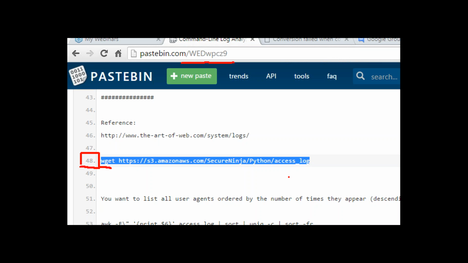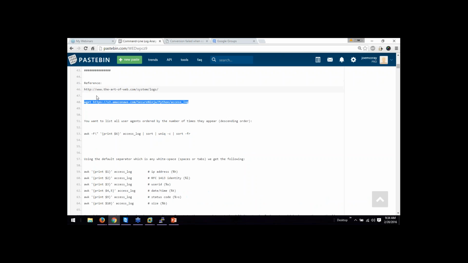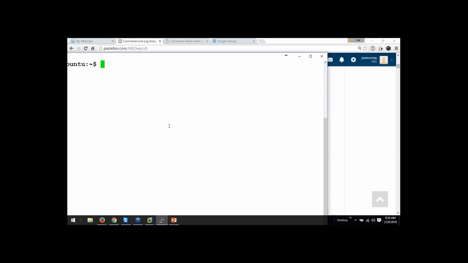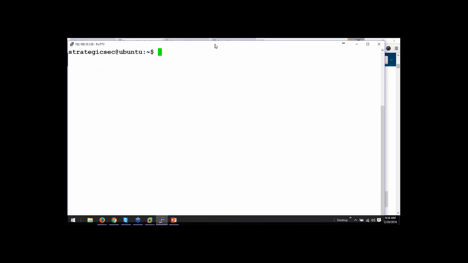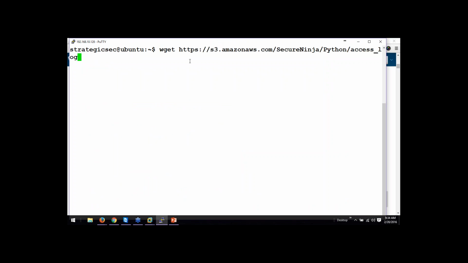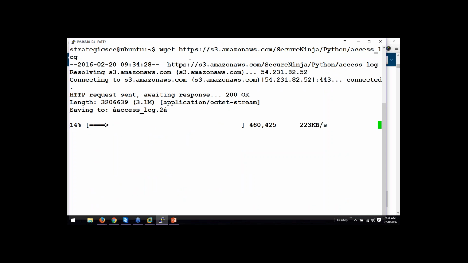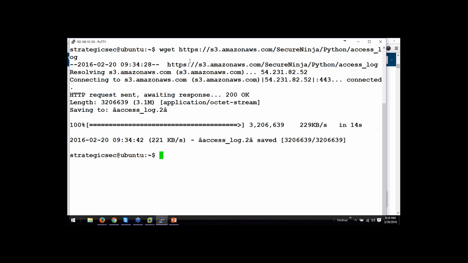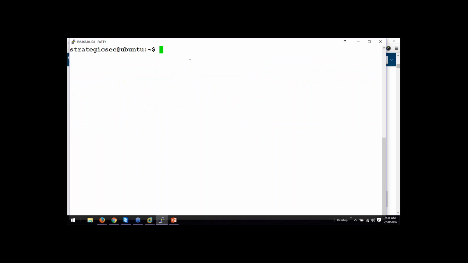We're going to yank down this access log, and this is an access log from one of my web servers. So I'm on my handy dandy computer. Let's yank down this log file. All right. Okay, now,